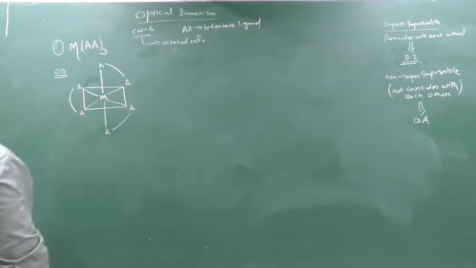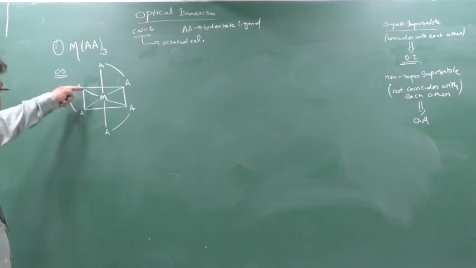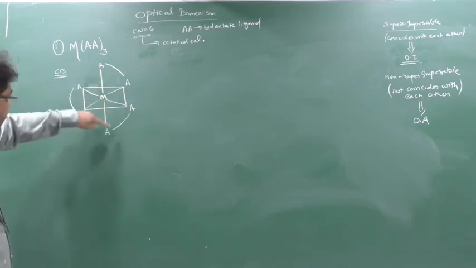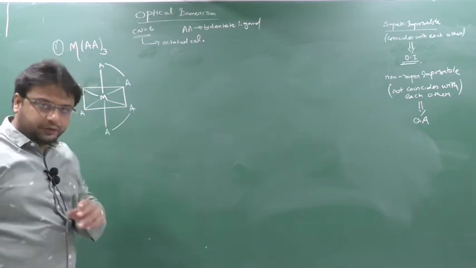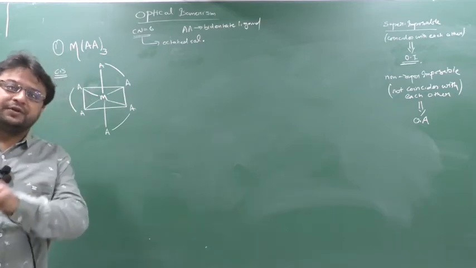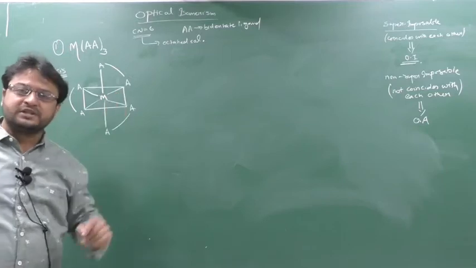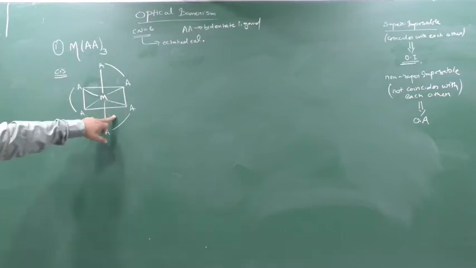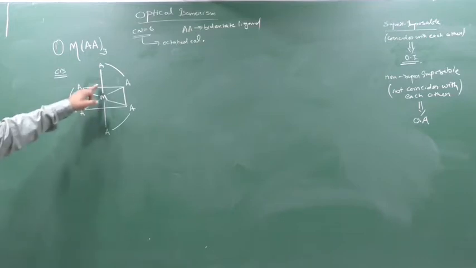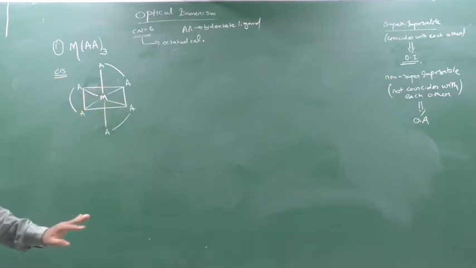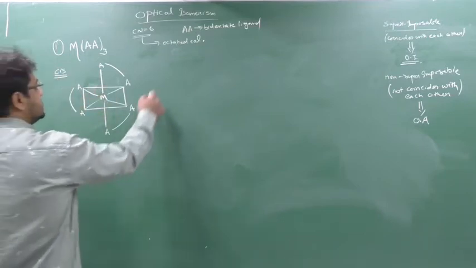Now this is also 90. But if I had joined like this, it would be 180. And you know, in a structure, if one is 180, the whole is trans. Now see here, all are 90. See, 90, 90. Yes or no? These two are 90, 90. I explained this in the previous video. You can check it out. So this is a cis.